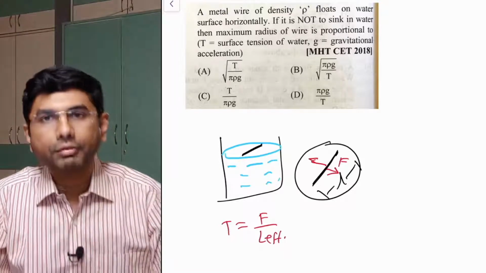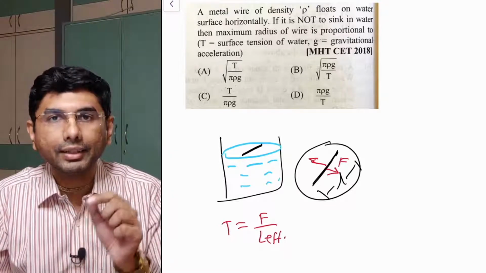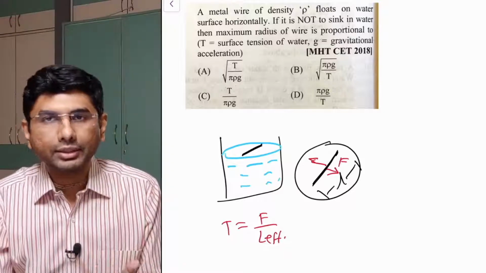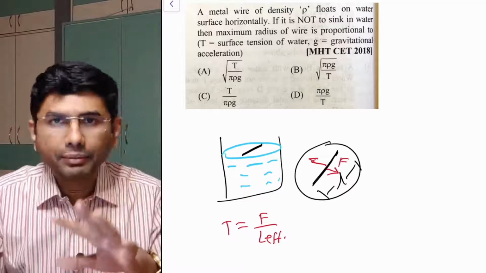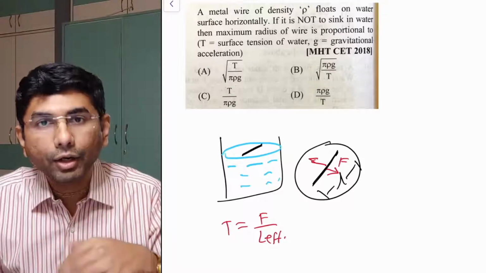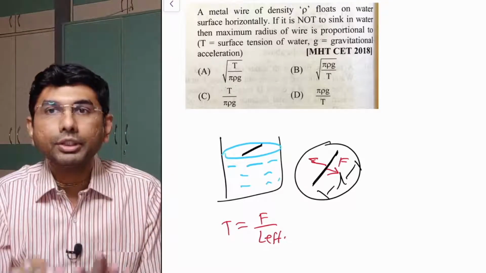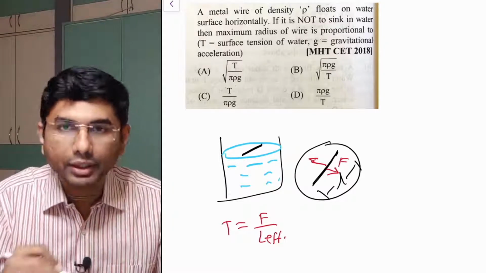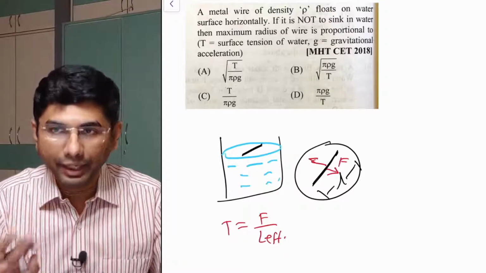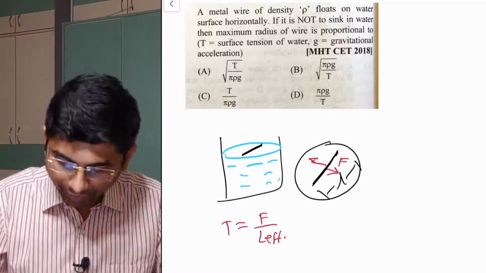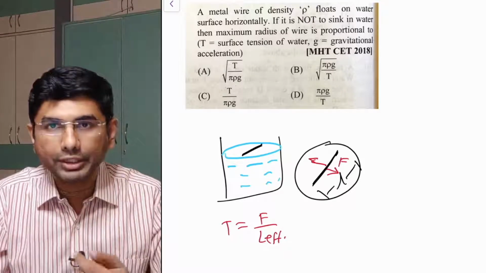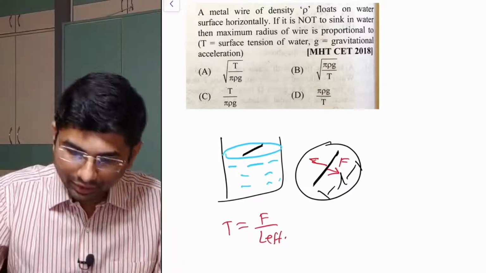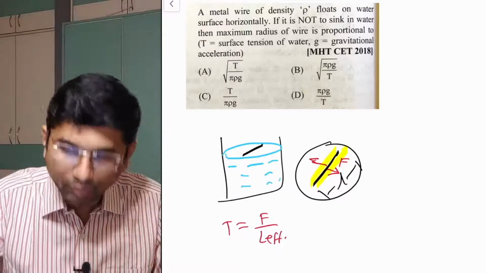So as such, whenever we consider this kind of question, we take this effective length to be twice L. But we'll consider both the cases now. Sometimes there is confusion whether to take it like L or twice L. It depends. We have to see the options sometimes. Even if you take twice L, the answer will be perfect. But if it is not in the options, then we have to take it like L. Now first I will try taking the effective length as twice L, because this wire will have two sides. One side is on this side, another will be from the above side.